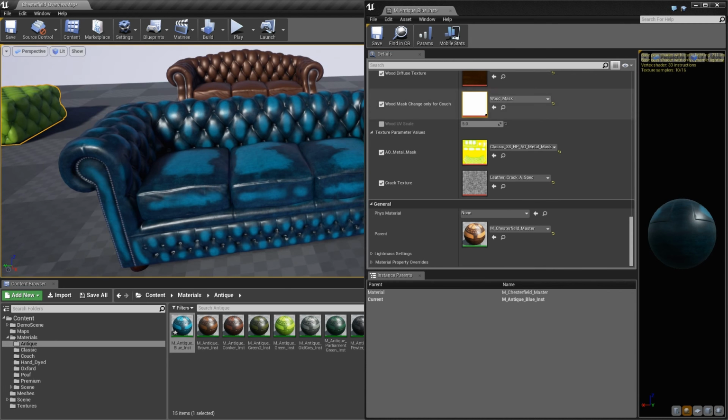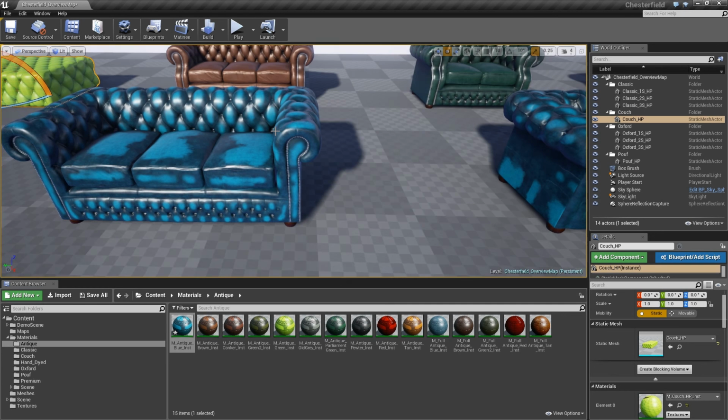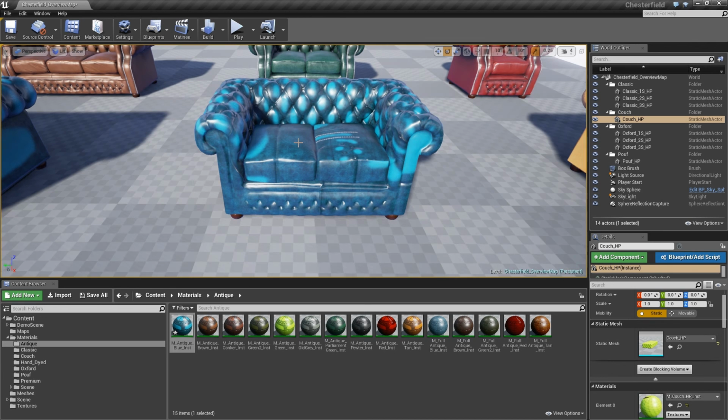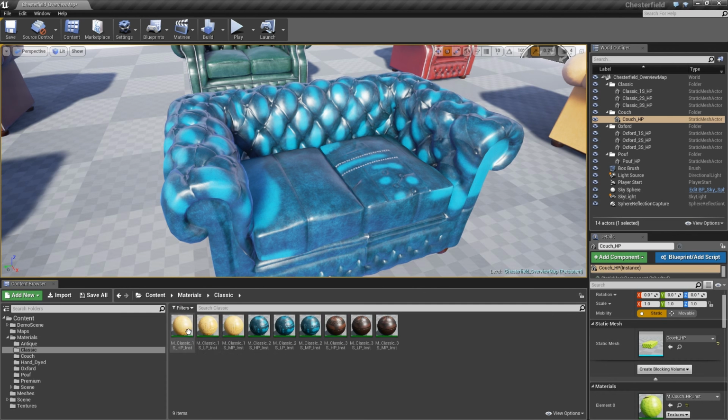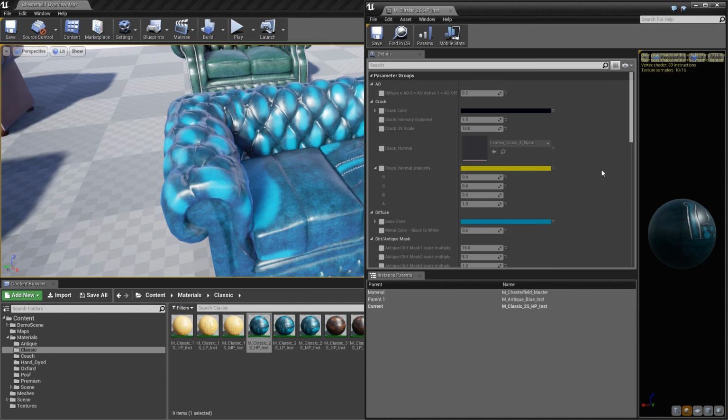So now let's take a look at how you change the texture. For example, if I want the blue one here, with the right normal map and the right AO. So how I have done that, I have done some materials here. For example, let's take this one, the classic one with 2 seats. So you see material, for example, material classic 2 seat and HP. So I open this one. You could open this one too.